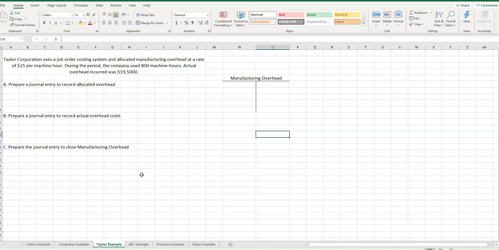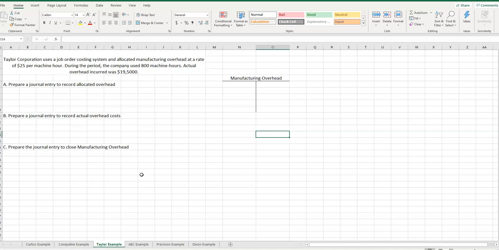So we either over-apply overhead, so we've overestimated for the year, or we under-applied overhead, so we estimated lower than our actual costs were. We record actual overhead costs on the debit side, and we record estimated overhead costs on